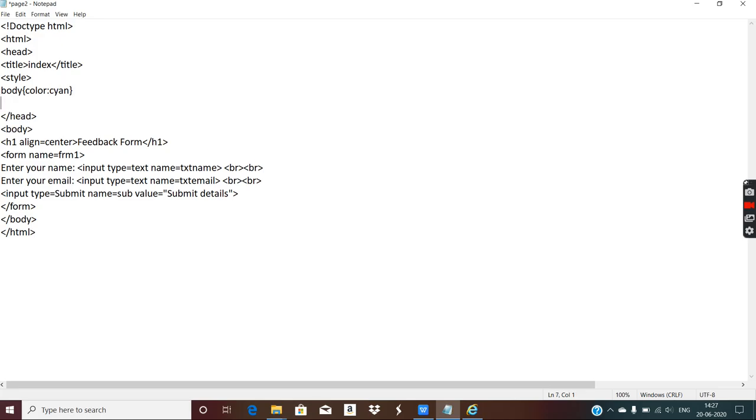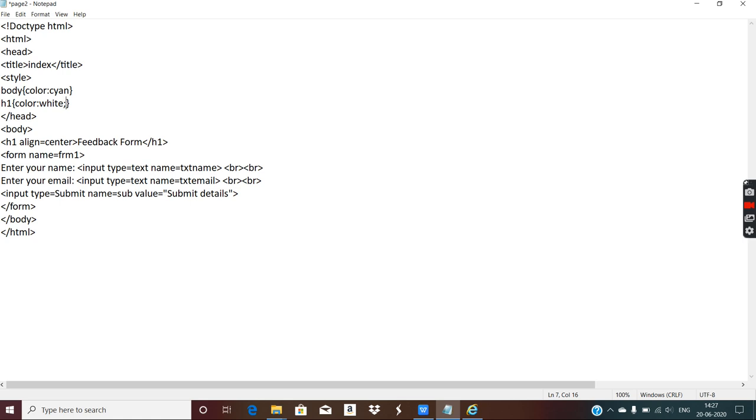Then what else can we do? For the h1 heading I'll create an h1 selector, curly bracket. Now declaration. I'll give two declarations. I'll change the color of the text to white